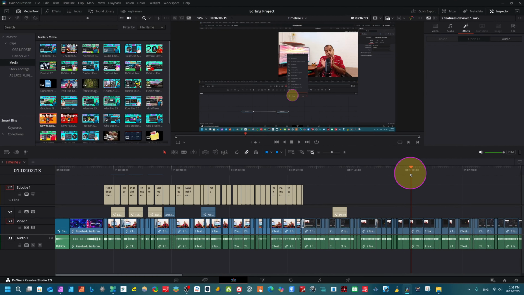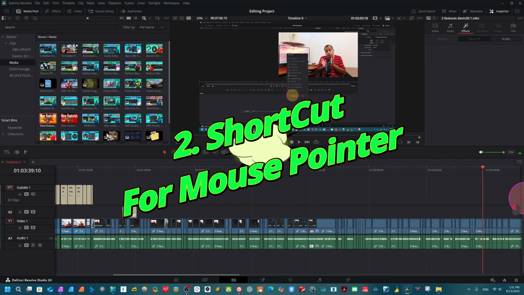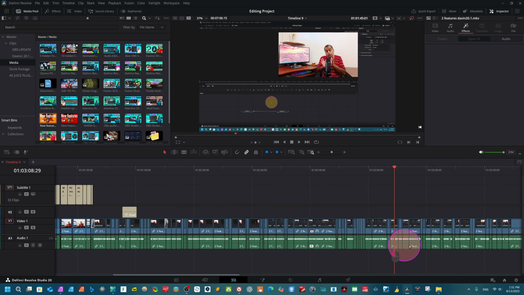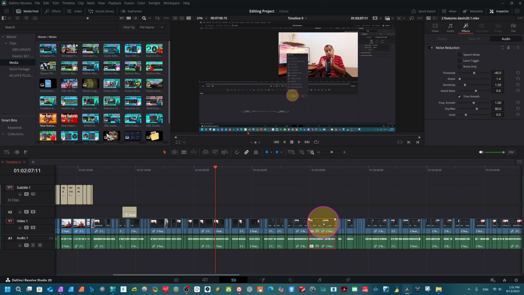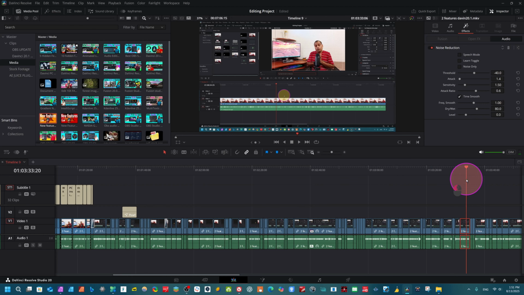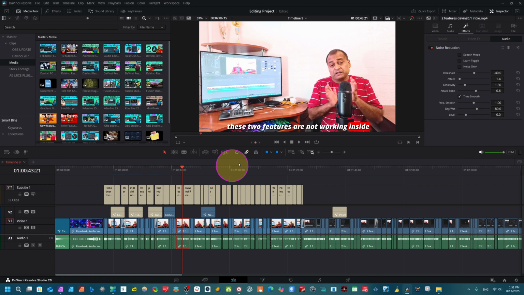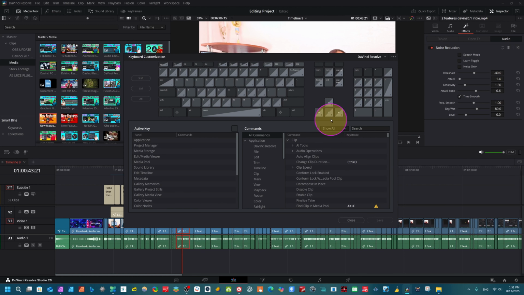Now let's see the next new feature, which is also a keyboard shortcut for the mouse pointer. Now you see we don't need to drag our timeline playhead anywhere. I want to put my playhead at this point and just press C on your keyboard. It's C. You see here, C. Just press C and it will appear. I don't need to drag my playhead. It's very painful. I want to just put my playhead on this photo, I will just click and press C on the keyboard. You see we have reached here. So anytime, Control Alt K, press and come here.